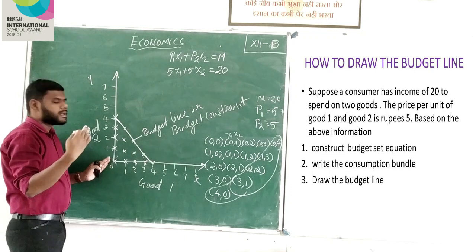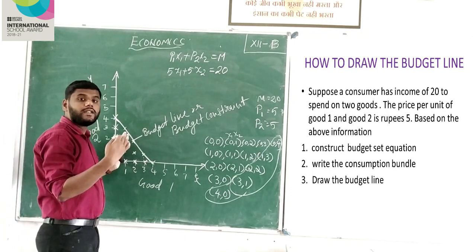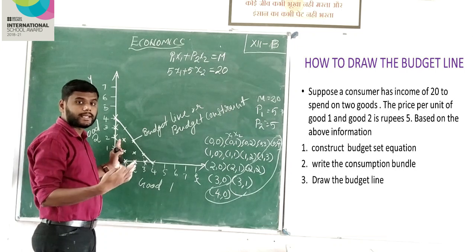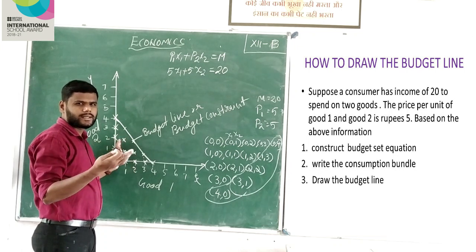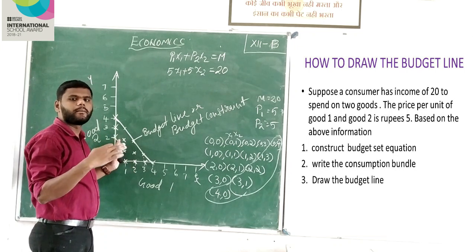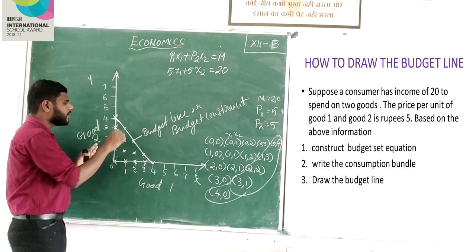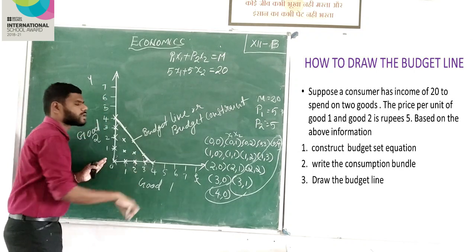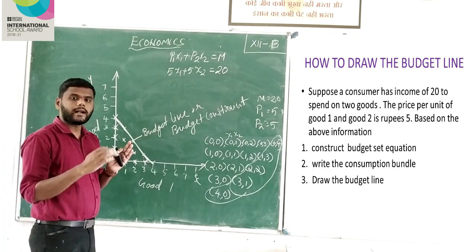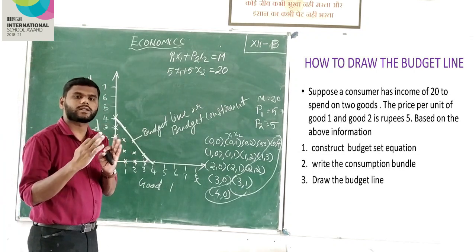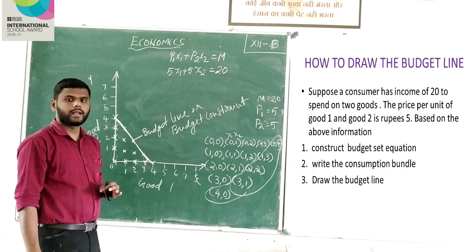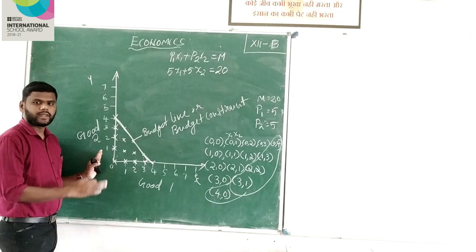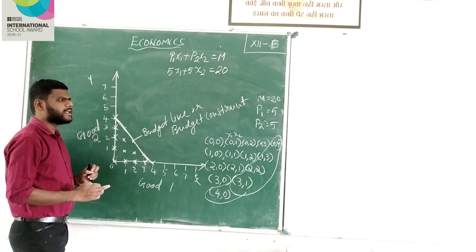but the bundle is known as an inferior bundle. That means he can purchase it, but it costs less than the income of the consumer. Here the point on the budget line shows that income is equal to the cost of a consumer's bundle. So I think this is clear,